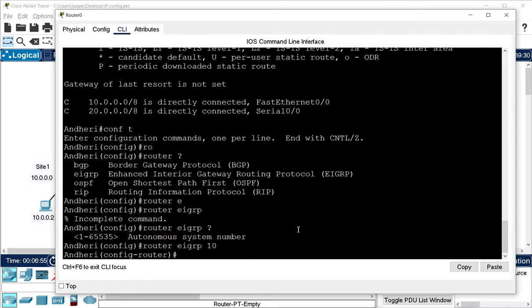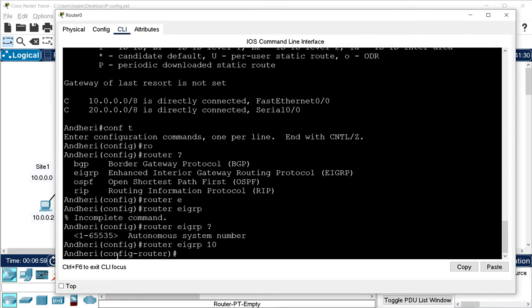Now that is the complete command. Now we are under the routing mode here. Here we again have to mention the connected networks, just like the other dynamic routing protocols. We have to mention only the connected networks. For this router we have these two connected networks, so we will mention these two networks with the command network